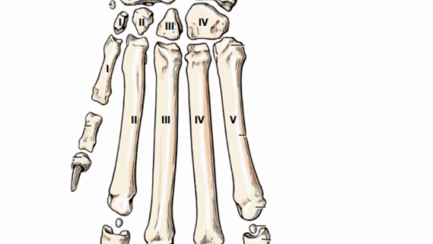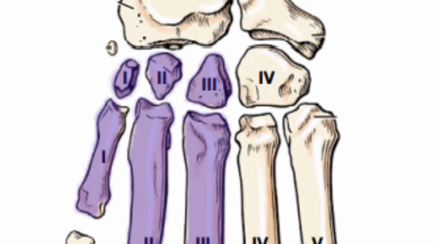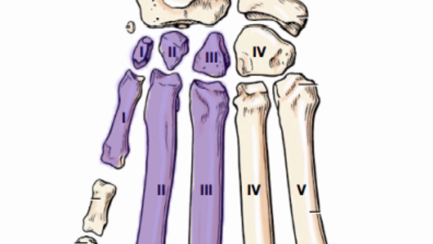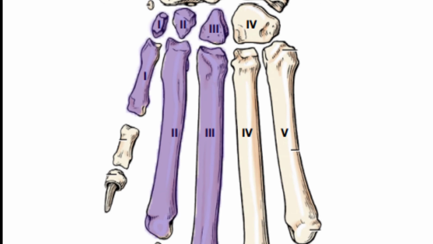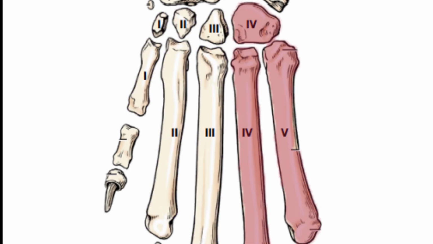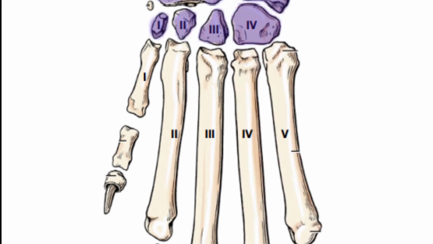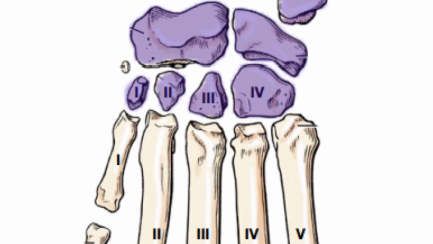This is the only bone which articulates with two metacarpal bones, the fourth and fifth metacarpal, while all others, the first, second and third carpal bones, articulate with only one metacarpal bone distally. The fourth carpal bone is the only carpal bone that articulates with the fourth and fifth metacarpal bones. So that's all about these carpal bones.